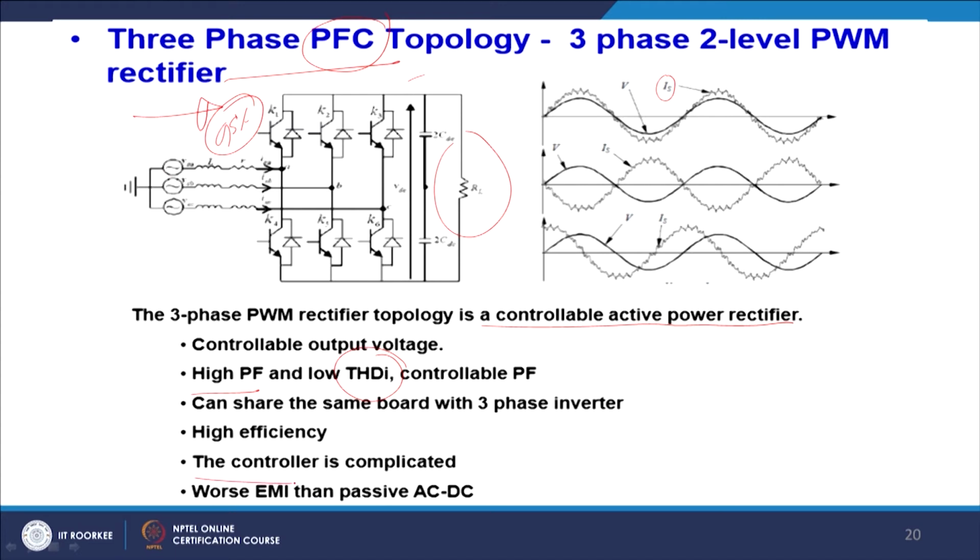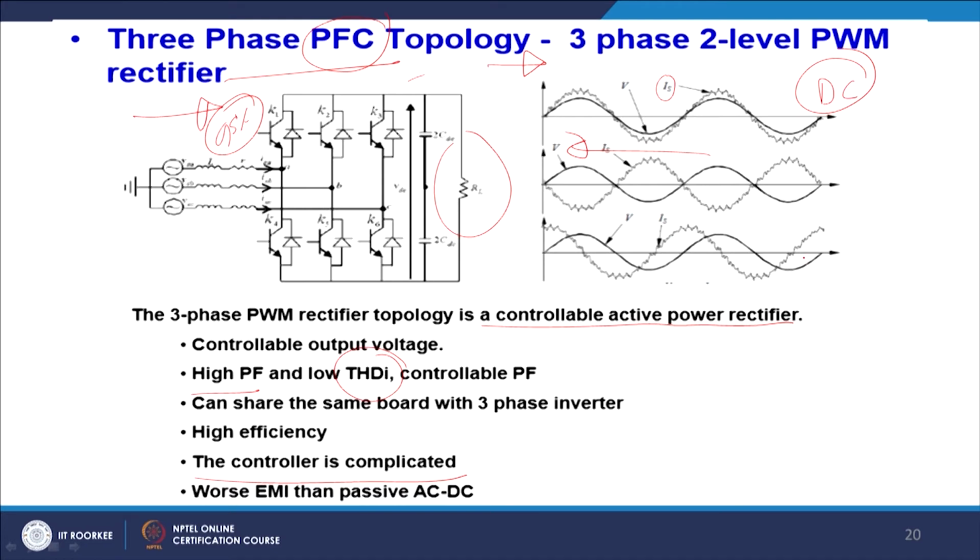and the control is a little complicated, not so complicated, and there is also a problem of EMI and EMC because of the switching of the device. You can see that I have shown the waveform. Once the current goes this way, this is the DC action, current goes from grid to DC, and you can send power back to the grid if you have a storage element such as a capacitor. Then voltage and current will be 180 degrees out of phase, and you can also have lagging or leading power factor, that you can also do.